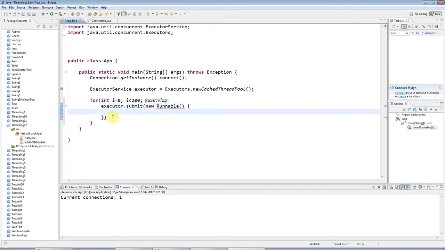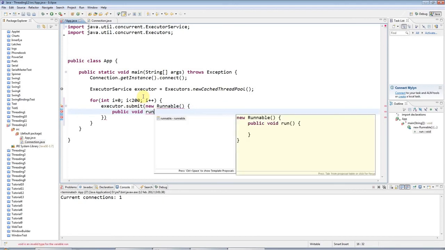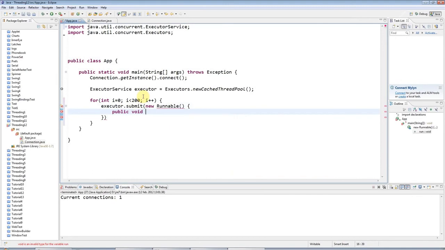So if it was able to reuse a thread that had become idle to run one of these processes that I'm submitting, it would do. But here I'm just going to submit 200 all at once, so there's not going to be any reuse of threads, I don't suppose. So I'll say here public void run like that,